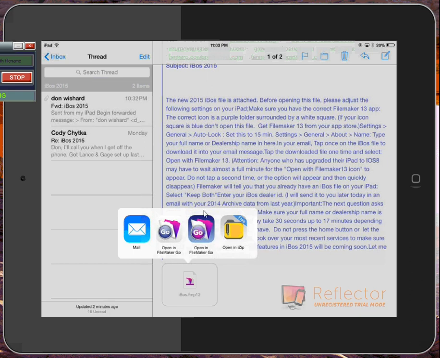If you're seeing this icon, this is FileMaker Go 12, which is the old version of FileMaker, and the iBos 2015 file will not work in that version. So if you're seeing this, you have the wrong FileMaker downloaded. You need to get FileMaker 13, which is same purple folder that's opening, but it has a white background around it, not the blue. So I'll tap once on this icon,